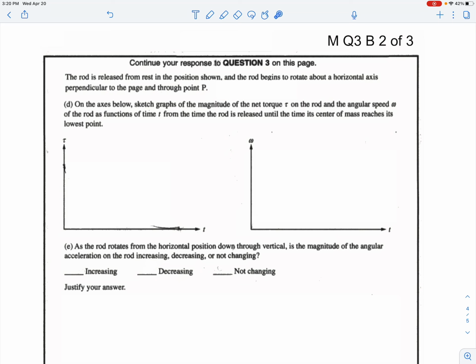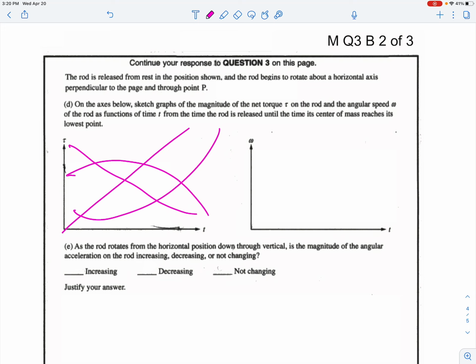Okay, so what's going to happen with the torque? In my class, I usually tell students it's going to be like this or like this, one of those. The torque won't be linear, because that would mean the torque would have to be directly proportional to the time itself, and anytime you have time involved, I don't think it's linear. So that can't be, and that can't be. The torque would have to be increasing if it was this one, and I don't think the torque would increase.